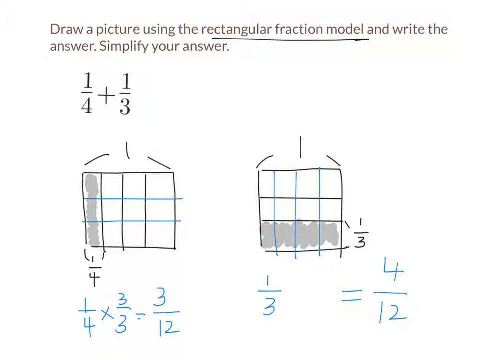Let's prove it. Using numbers, how did I get from 1/3 to 4/12? I multiplied 1/3 by 4/4, which is just a version of 1. Does multiplying by a version of 1 change the value? So does that show you that 1/3 is equivalent to 4/12? Yeah. Now, can I rewrite this problem? Instead of calling it 1/4 plus 1/3, I have a new version of 1/4, which is 3/12. And I have a new version of 1/3, which is 4/12. Now do I have like denominators? My new like denominator is what number? 12. Now if I have 3/12 and I want to add 4 more 12s, how many do I have altogether? 7. 7/12. So therefore,